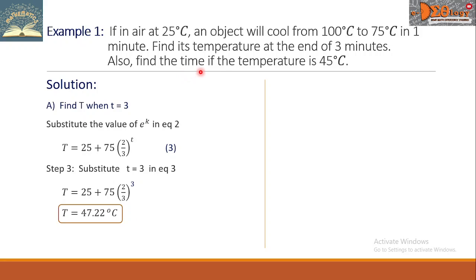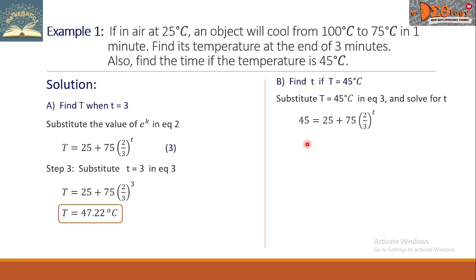Now, the next question here is, find the time if the temperature is 45 degrees Celsius. Or we say that, find small t if capital T equals 45 degrees Celsius. We're going to substitute capital T equals 45 degrees Celsius in equation 3. Then we will solve for small t. Equation 3 becomes like this,